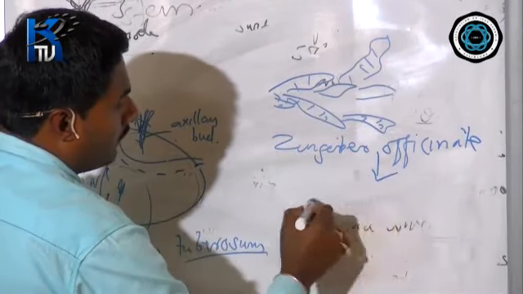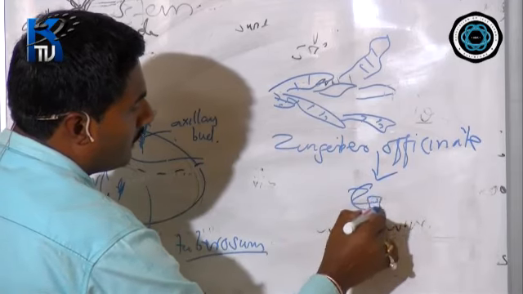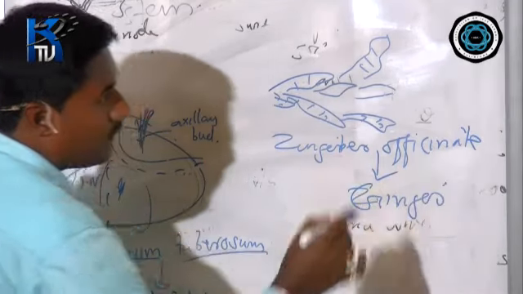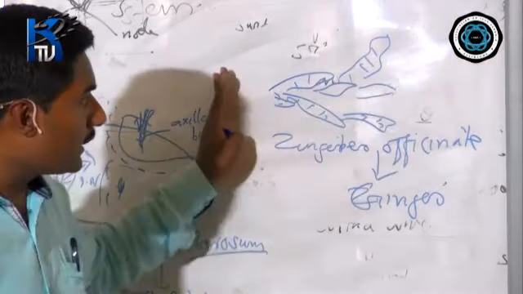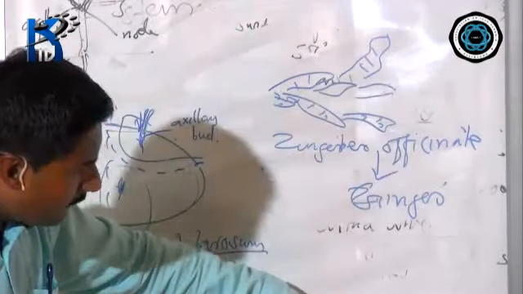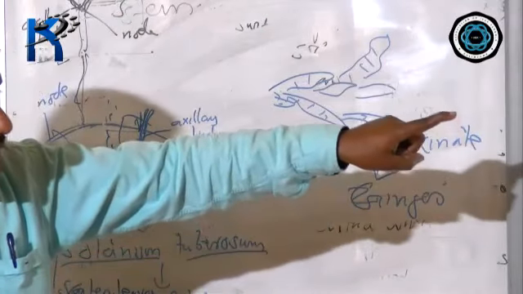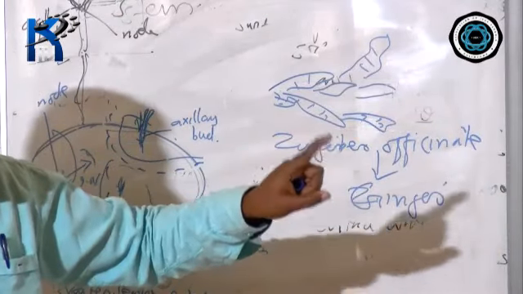I am talking about ginger. Okay, so these are horizontal. They grow horizontally. They do not grow vertically. So these are horizontally growing underground stems which bear